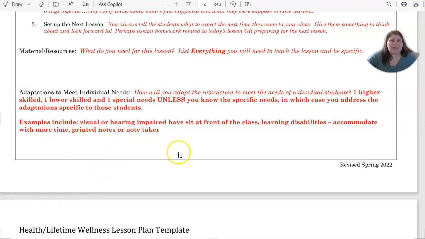Are there any adaptations you need for individuals with any sort of disabilities or anything like that? Hopefully you will know that information about your participants at the beginning, but if not, well, you should know that information at the beginning. You should have that so you know of any disability someone might have. If they are visually impaired, if they're hearing impaired, they would have to have somebody come in to help with their